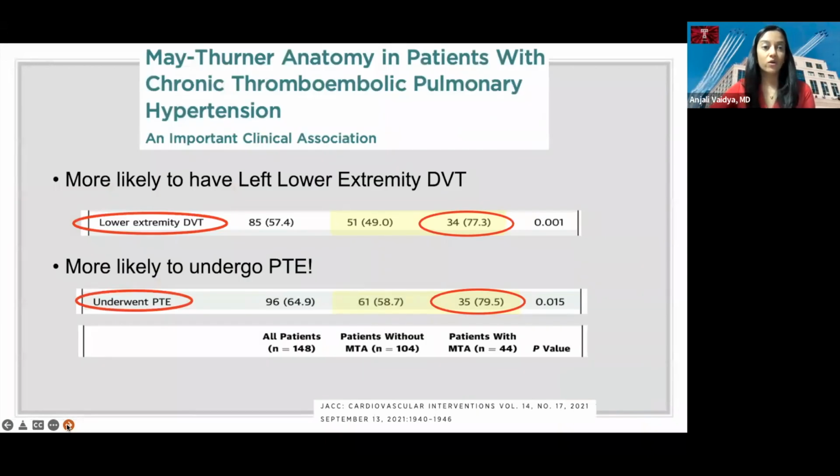And in fact, we noticed in patients in our CTEPH program at Temple, when we found this May-Thurner anatomy in the cath lab, when we did testing, that venogram, they were more likely to have blood clot in their left leg, which went along with it. And a lot of our patients tell us they've had recurrent clots in their left leg. And because those clots are often quite big, because those veins are very big, they travel to the lungs and they can really cause significant blockage in the big arteries of the lungs. And as a result, the patients that have this May-Thurner anatomy were more likely to undergo that surgery, pulmonary thromboendarterectomy, or PTE surgery, to remove those blood clots.